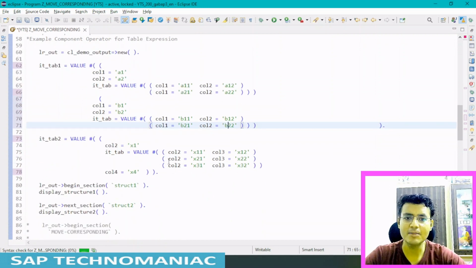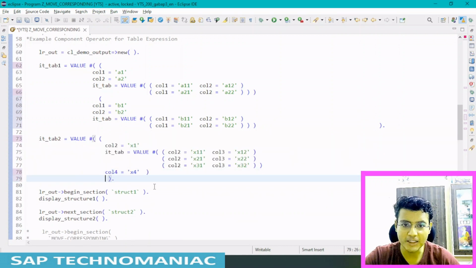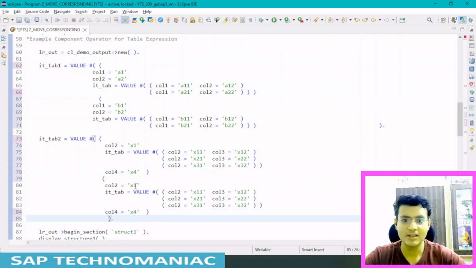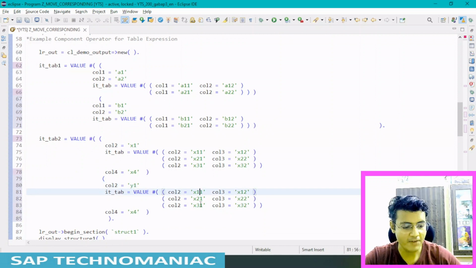Same goes with this one also. I will copy it, Control C, press enter, and Control V, and instead of X I can use Y1, Y11.